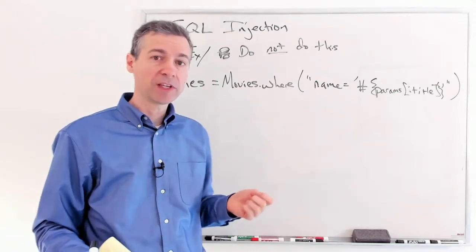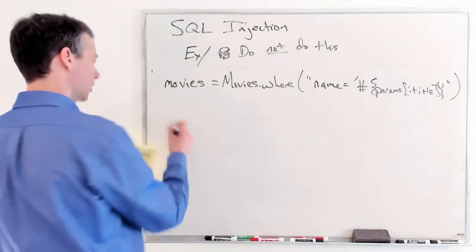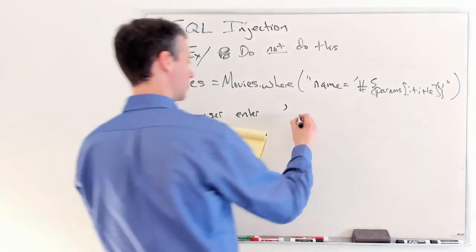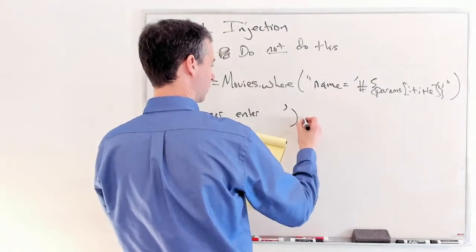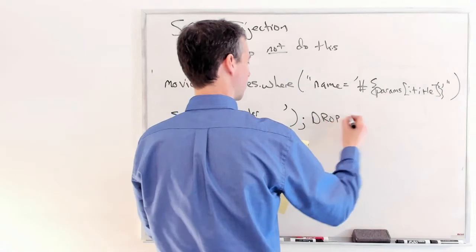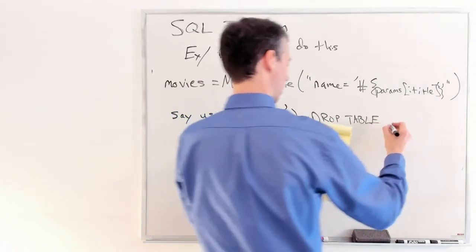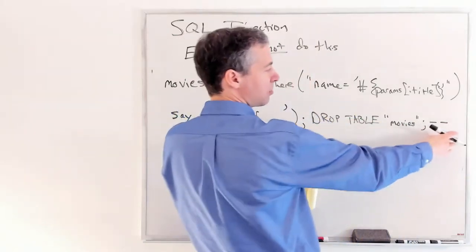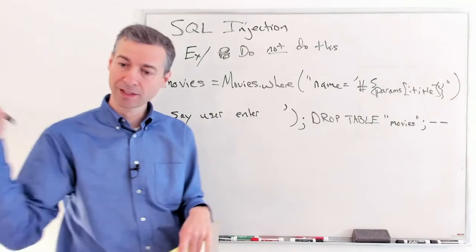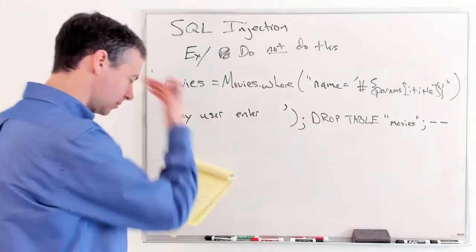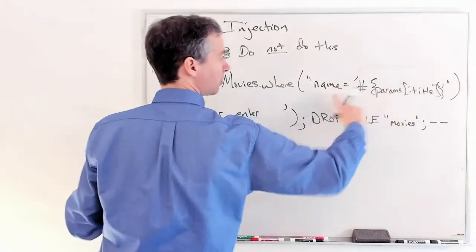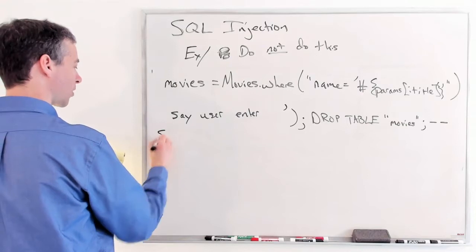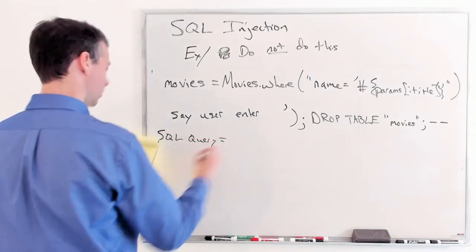Great. If on the other hand, they happen to be a hacker, so say the user entered this as their string: a single quote mark, right parenthesis, semicolon, drop table, double quote, movies, double quote, semicolon, dash, dash. So this is what they type in for the title field on the form, and they hit submit. Well, now when this gets interpolated in there, and when Active Record goes to generate the SQL query, we're going to get a SQL query generated, which is equal to